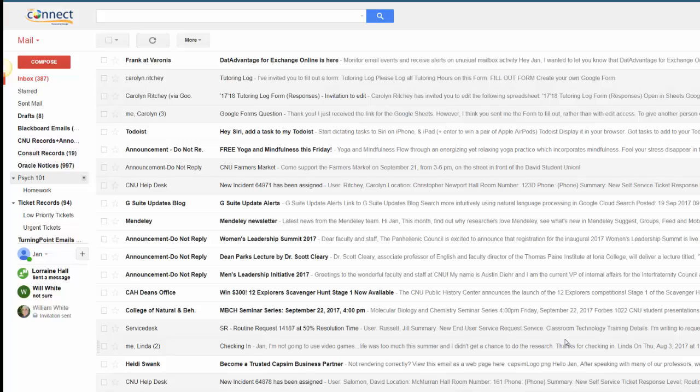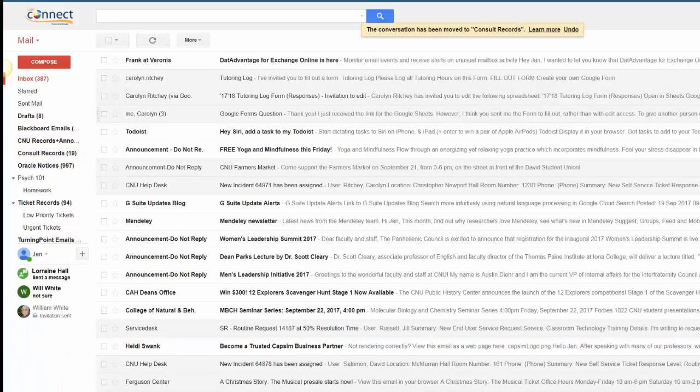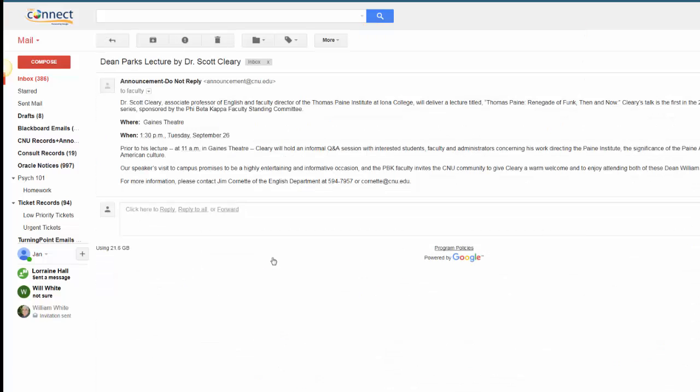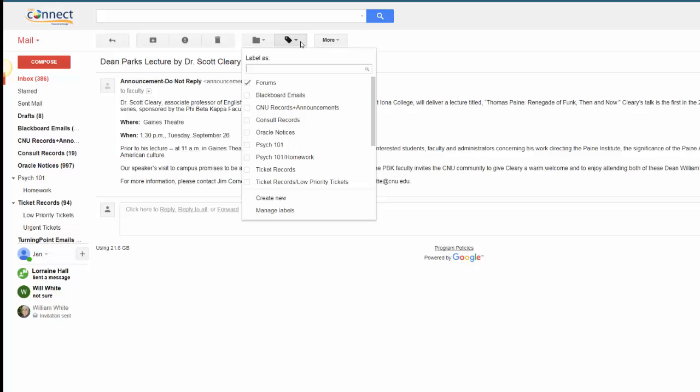You can sort emails into labels in a couple of different ways. If you're in the inbox, you can simply click and drag an email into a label, and it will be moved into the associated space for that label. If you're inside an email, you'll see a drop-down menu marked with a label icon. This drop-down allows you to apply different labels by selecting them from the list, then clicking Apply. For example, this is just a simple announcement. So we'll click Apply.